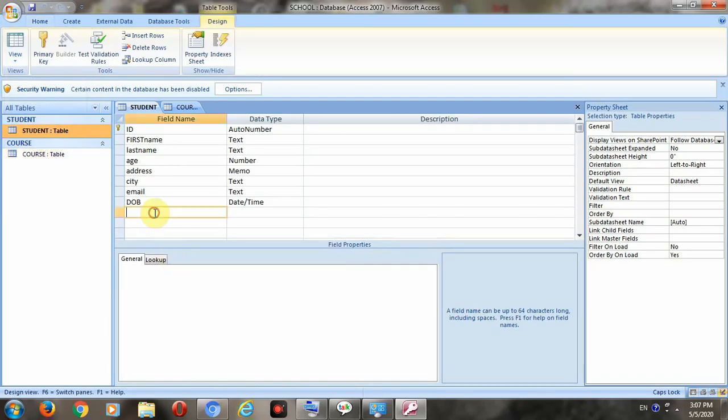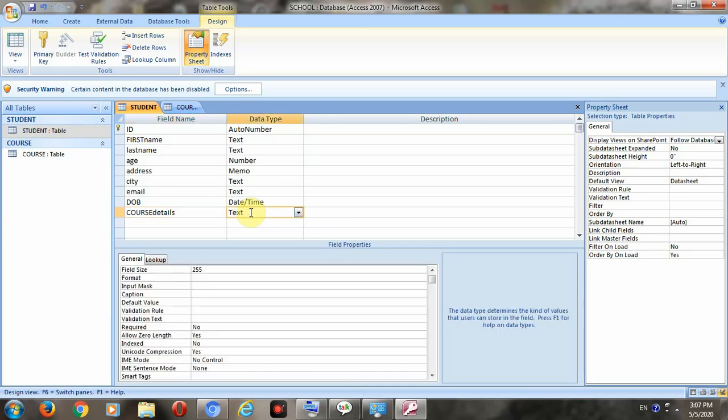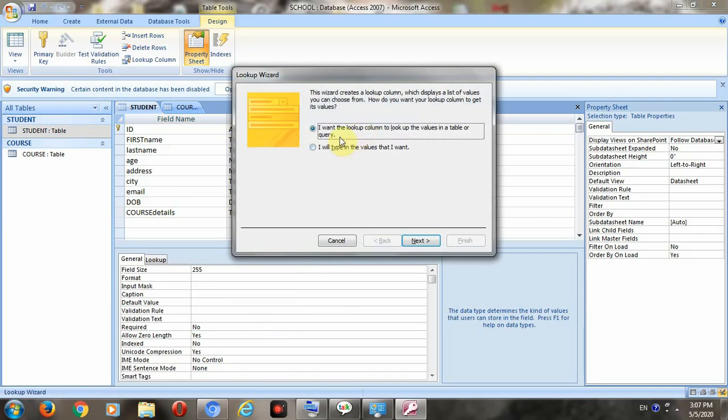For course details I go to the design view. Here I am creating one new field as course details, and the value will come from the other table, that is course, which I have just created. So go to the lookup wizard.